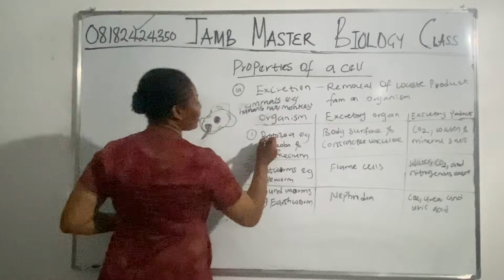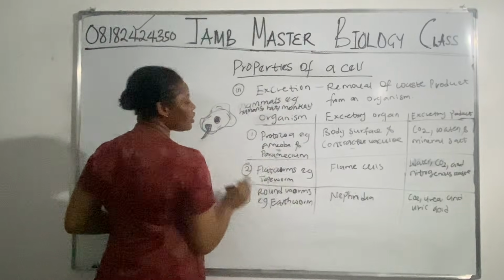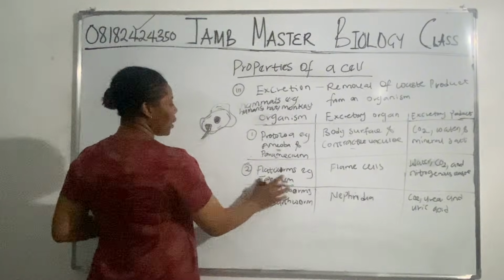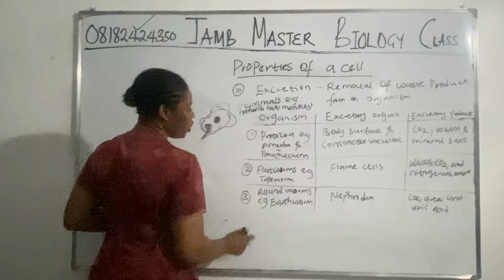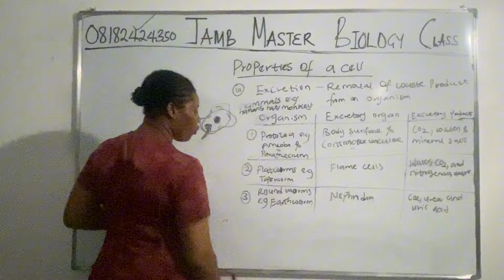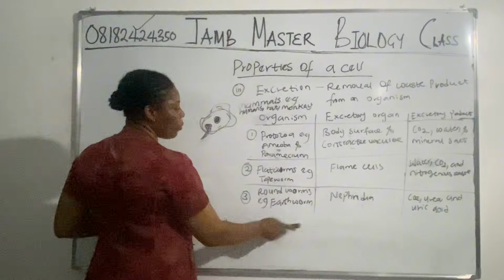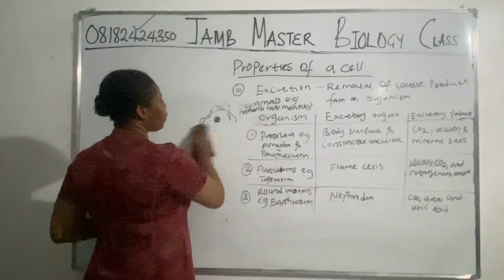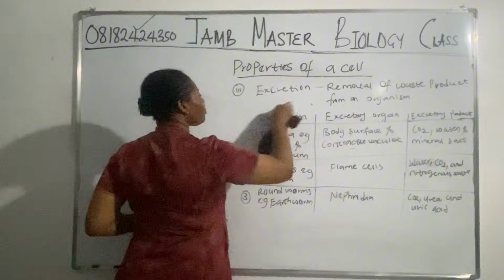So this is the general group name for amoeba and paramecium, right? Flatworms is the group name for organisms like what? Tapeworm. Roundworm is the group name for organisms like what? Earthworm. So they can ask you in JAMB, the excretory organ of tapeworm is what? Flame cell. The excretory organ of earthworm is what? Nephridia. So please read it, take note of it, remind yourself of it. Thank you.